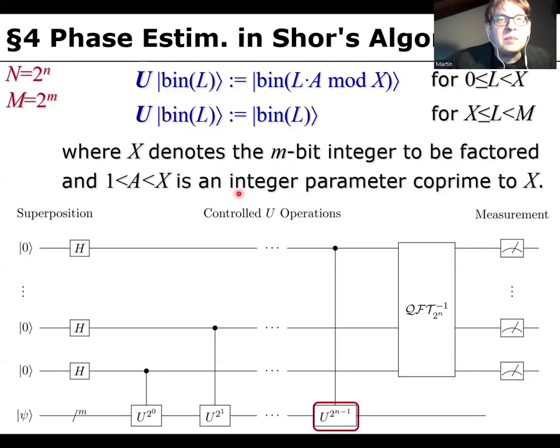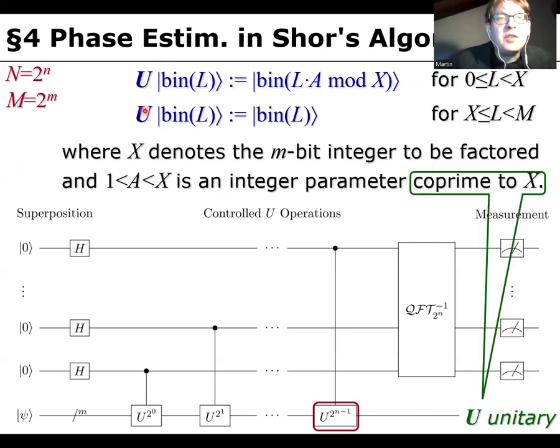Multiplying with an integer co-prime to X forms a group modulo X, and this guarantees that the thus defined unitary transform is actually a unitary transform. Otherwise, it's not. That's why we're looking at this in Shor's algorithm and what we want to use the phase estimation algorithm for. And now back to the original